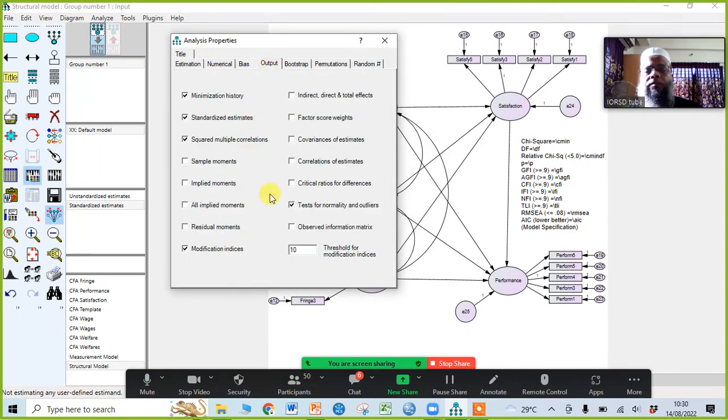In output, we will select the indirect, direct and total effect, covariance estimation, correlation estimations, critical ratios for differences, and we do not need the test for normality and outliers. Okay, and keep everything as it is.